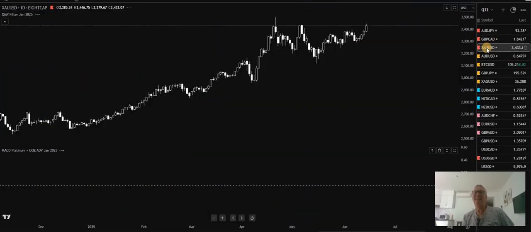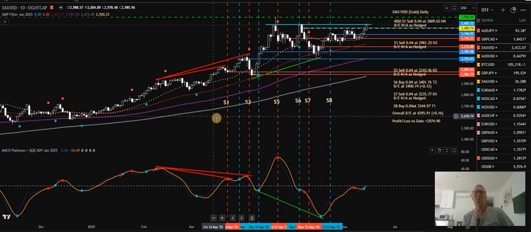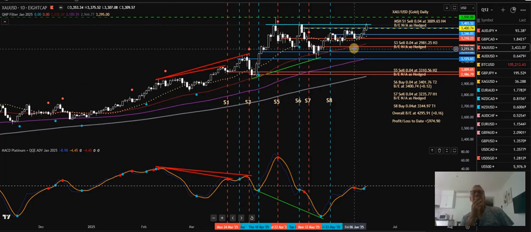All right, gold. See, multi-sequence hedging. You can pause the video, read how many sequences we're in. Last trade was this buy here. We're getting up to this high here. See, it gets busy and it chews up a lot of margin having so many trades on. If this just keeps on pushing up, these